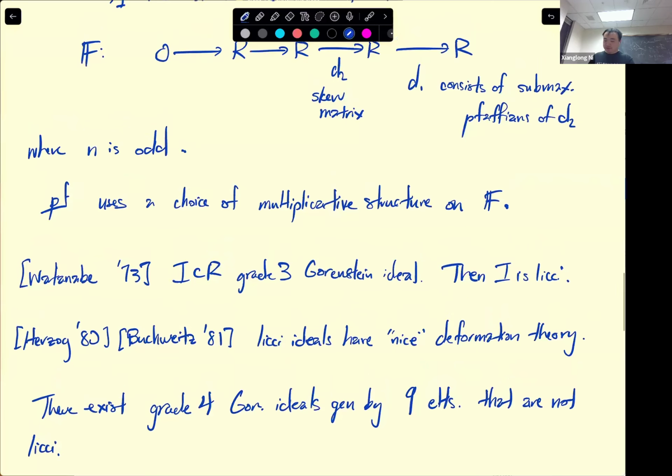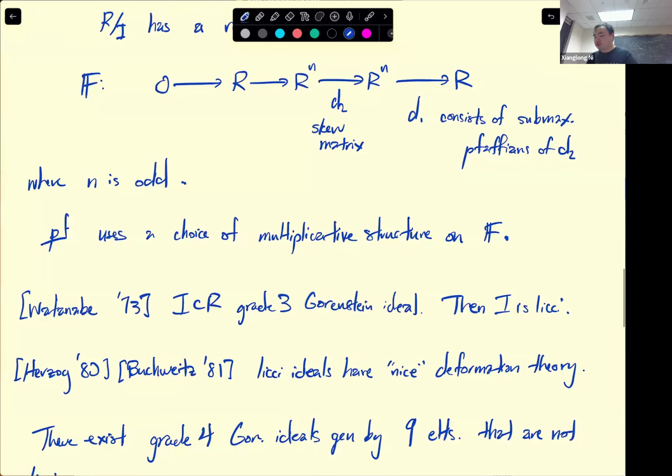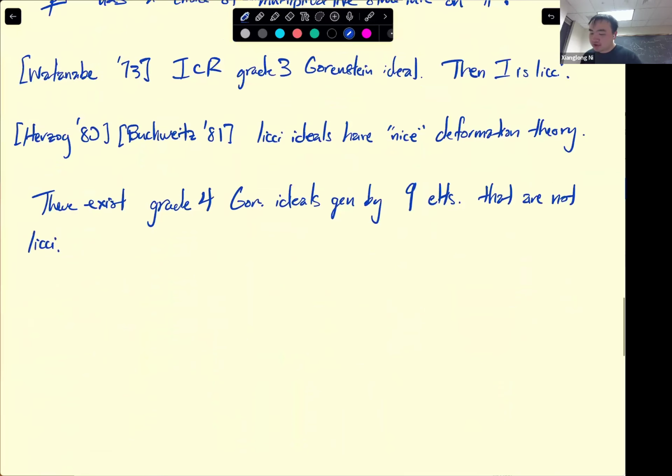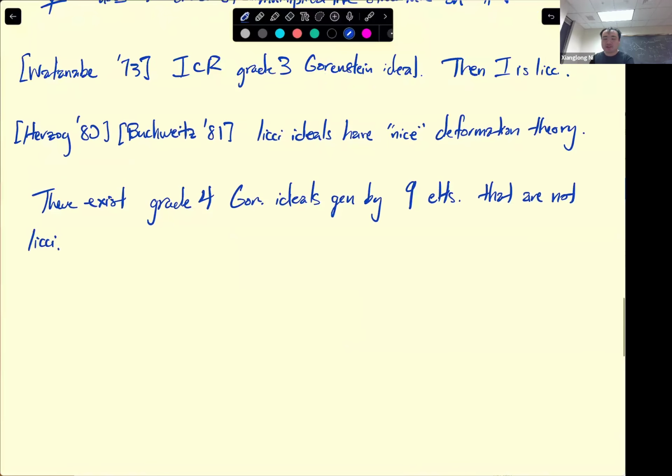Okay, so taking a step back and looking at what's there, right? So we have a very nice structure theorem for grade 2 perfect ideals coming from Hilbert-Burch. We have a very nice structure theorem for grade 3 Gorenstein ideals coming from Buchsbaum-Eisenbud. And grade 3 Gorenstein means grade 3 type 1, right? Cohen-Macaulay type 1. So given that grade 3 type 1 is settled, where the next two, I guess, easiest cases